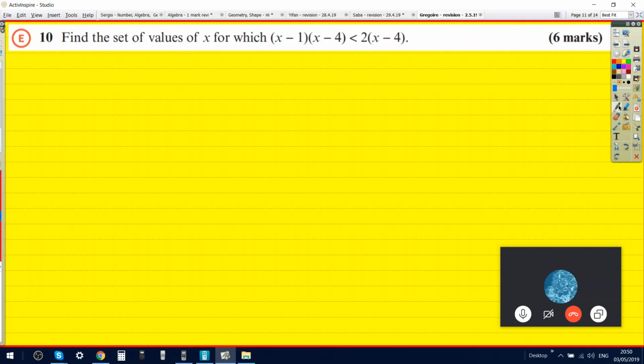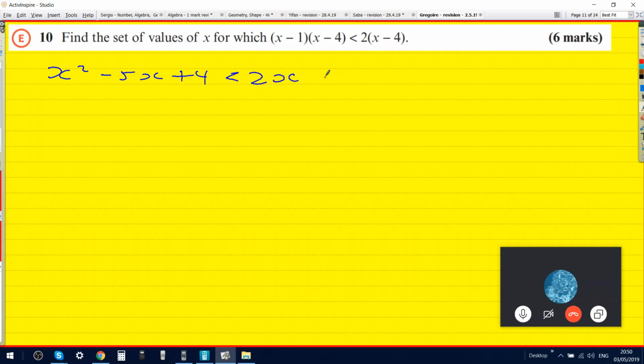I think it's just... but I'm getting x squared minus 5x plus 4 is less than 2x minus 16. 2 times minus 4, I think that's a 4. I already did. Yeah, it's 8. That's it. So from here we can